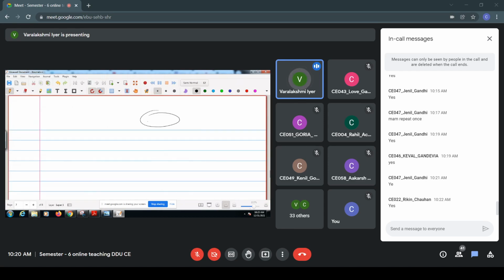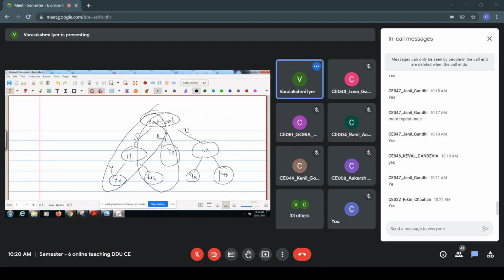Let us take this particular example where we have outlook: sunny, rainy, and overcast, and we have humidity with yes and no, and here there is yes. Sorry, I'm just considering a case. Windy with yes and no. So for each of these branches, we'll create an if-else rule. For example, if outlook equals sunny and humidity equals yes, then this is the precondition. The postcondition will be to classify into the yes class.